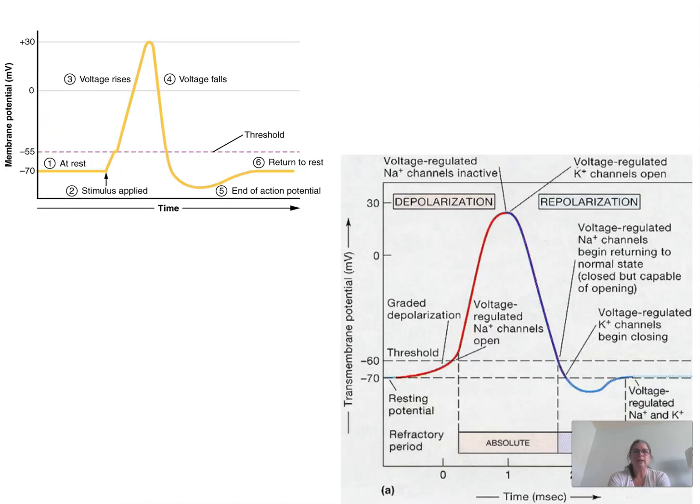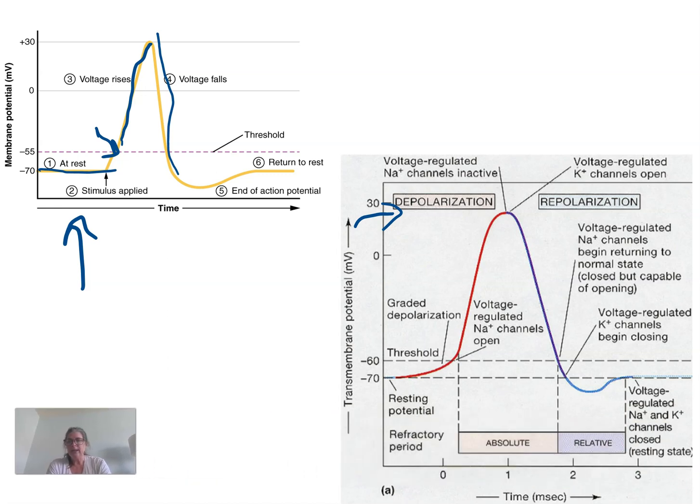So basically, if we look at the top graph here, what we're looking at is we have our minus 70 at rest, and then we get some sort of threshold that is going to cause the voltage to go up. Remember, that's called the depolarization, and then we need to repolarize. So there's basically 4 steps that happen for this to occur. So step 1, threshold stimulus opens the voltage-gated sodium channels, and sodium rushes in. So I flip the charge, I've depolarized my cell.